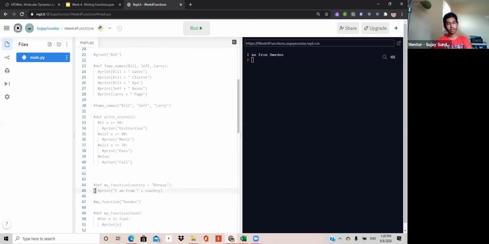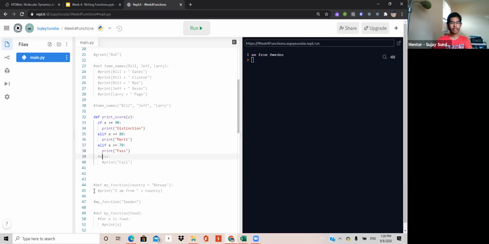So another example I was going to show you is this example. In this example, we're going to be not only incorporating functions, but also if, elif, and else statements, and we're going to be writing a function using that. So you saw this example previously in week 2, I think,